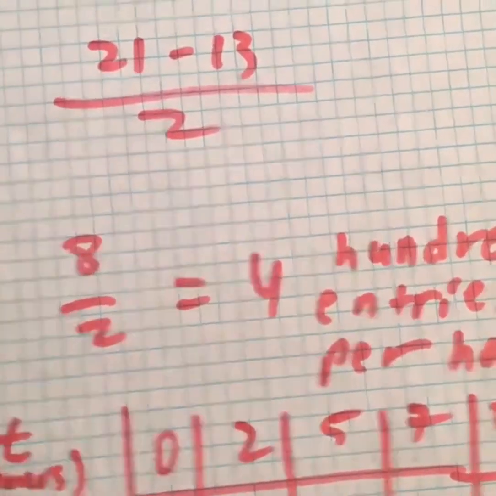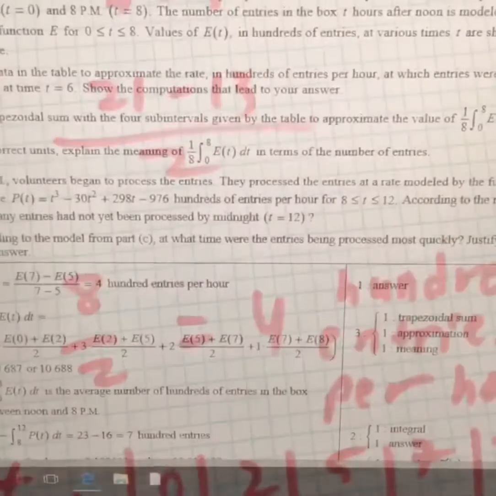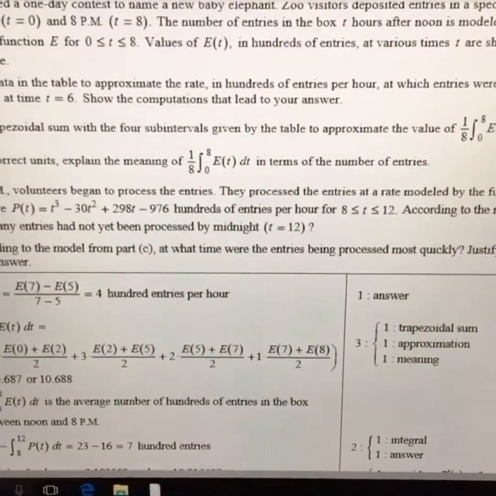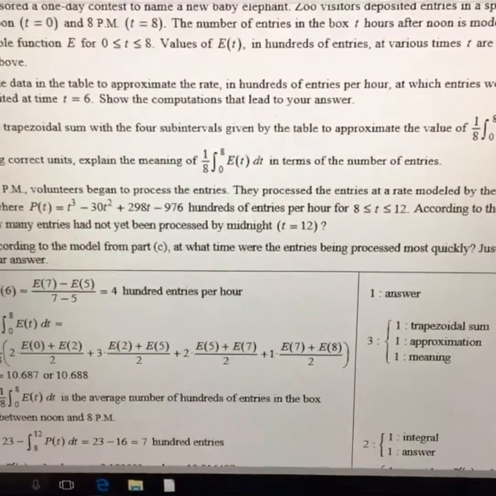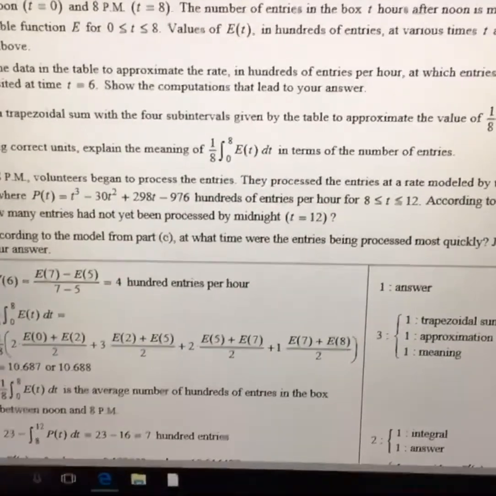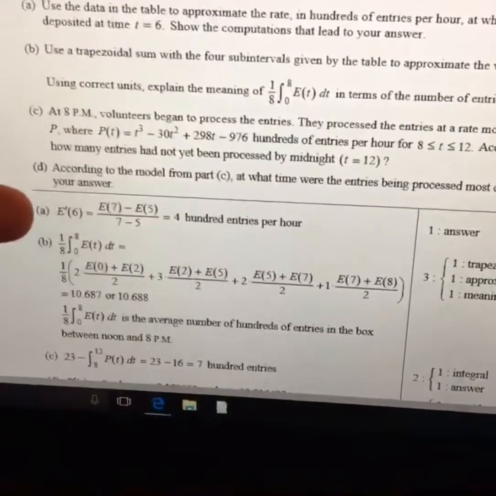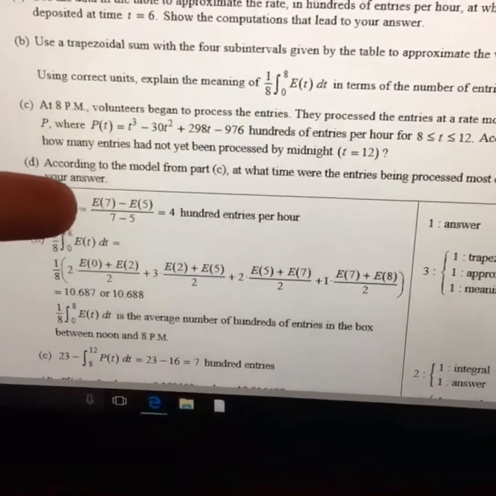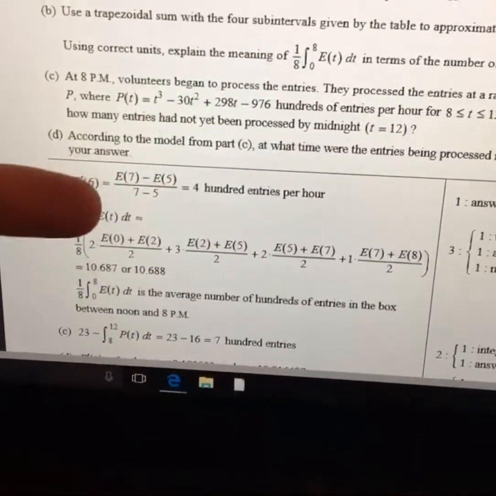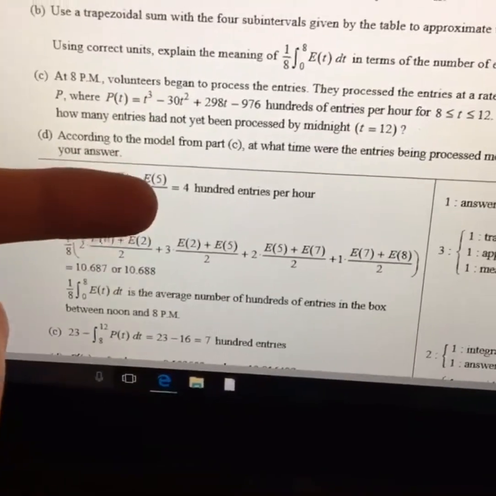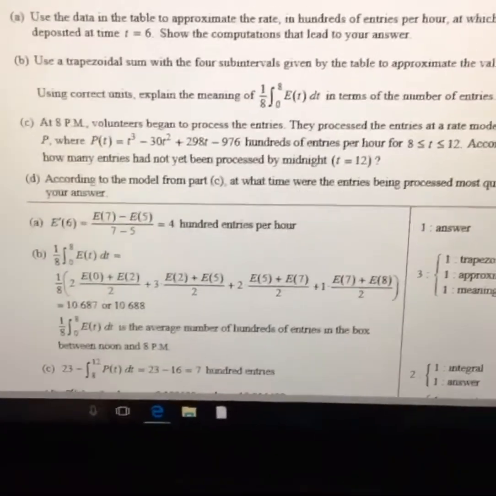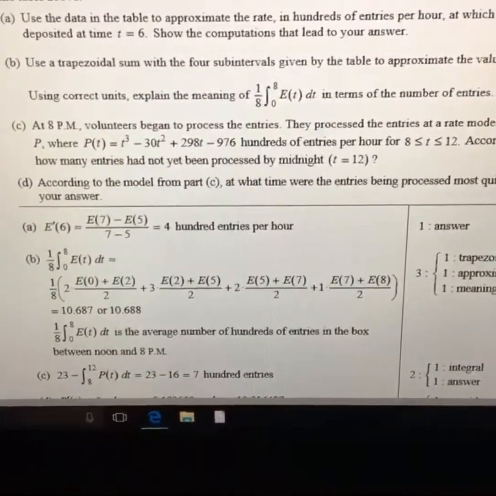And that'll be your answer. So all I have to do is just circle that. So point-wise for part A, there is 1 point offered, and that is for getting the right answer. Otherwise, it's just a very simple setup of finding E prime of 6. Just plug in E of 7 minus E of 5, 7 minus 5, simplify, and you get 400 entries per hour,